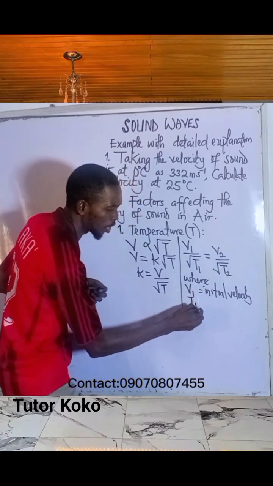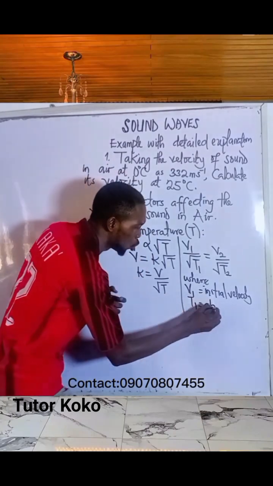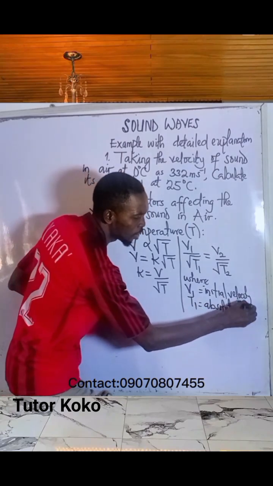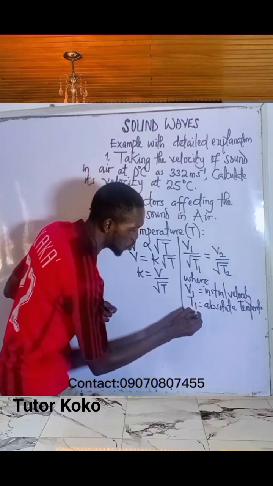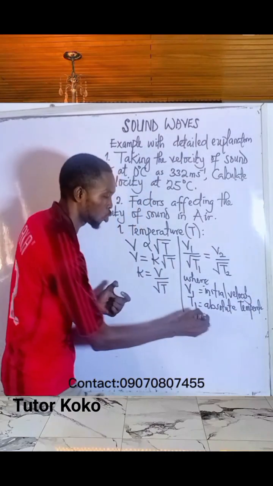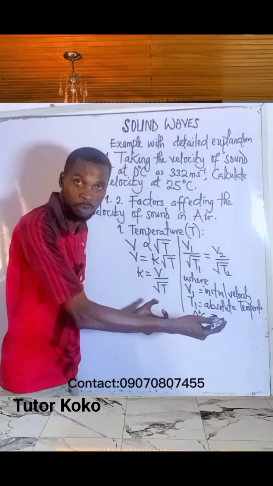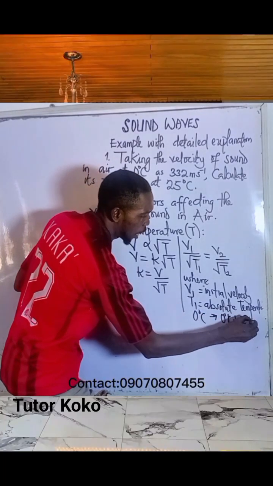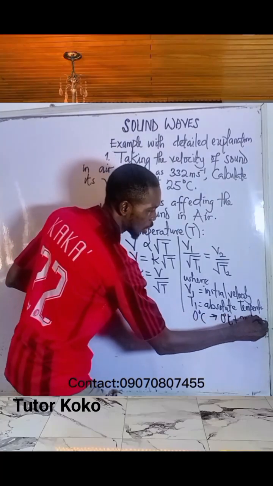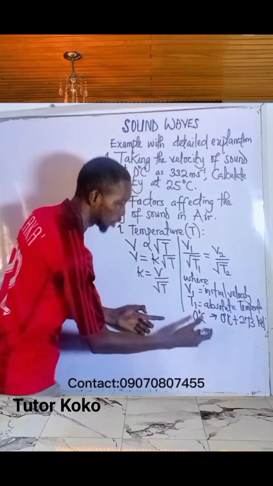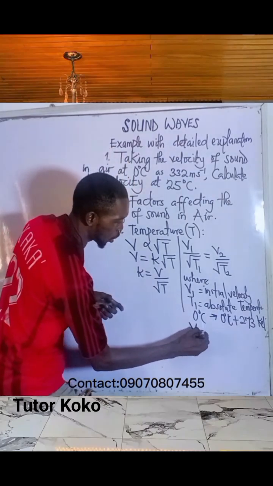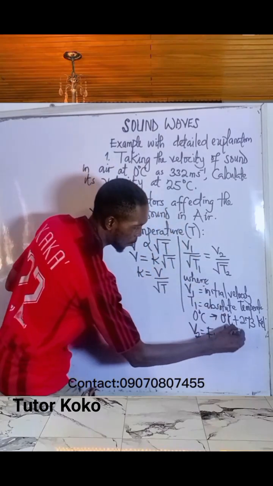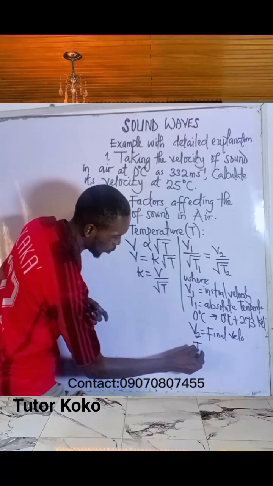And T1 is the absolute temperature at 0 degree Celsius, which you are going to convert to Kelvin, which is going to give us 0 degrees Celsius plus 273 in Kelvin. And V2 is the final velocity, that is the final speed of sound,